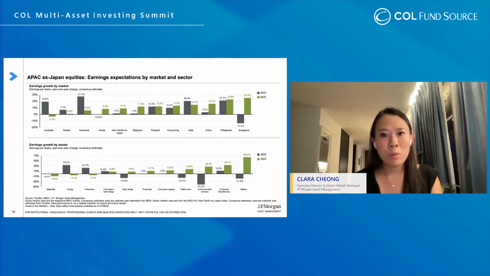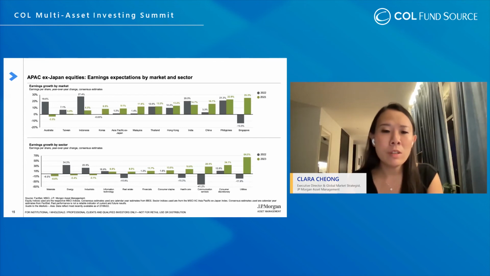And given what we know so far about how China is recovering, and we do expect it to recover quite quickly in the second half, as well as what we know about our ASEAN economies, which have been continuing to reopen very aggressively, and how domestic recovery is also very well supported, we do think that earnings expectations are slightly negative for this scenario that we have currently gone through.